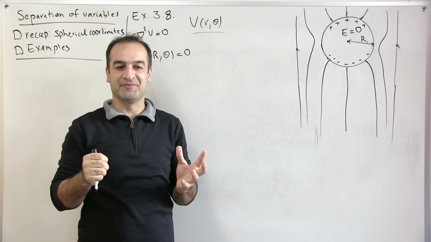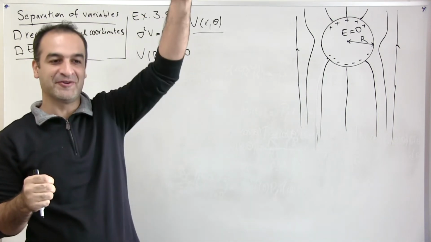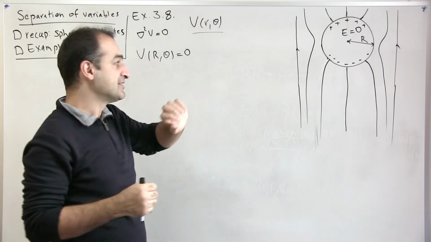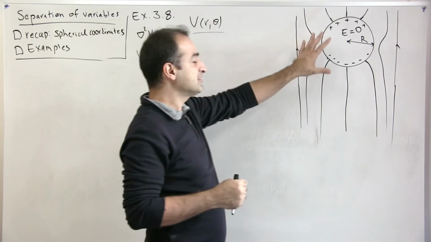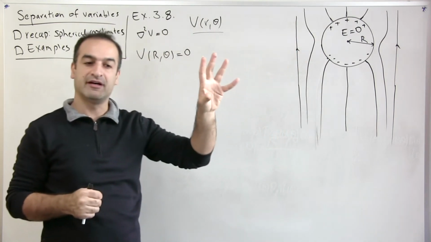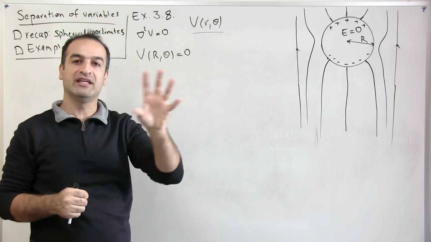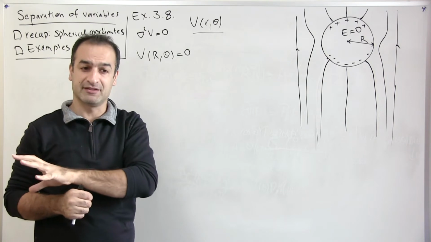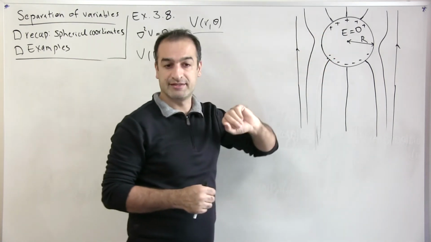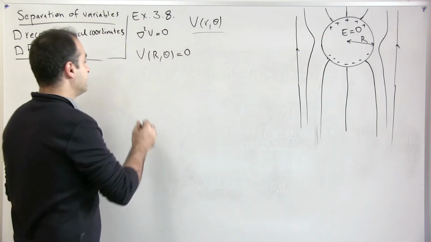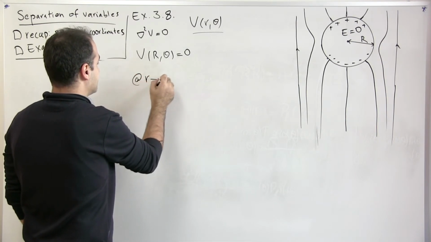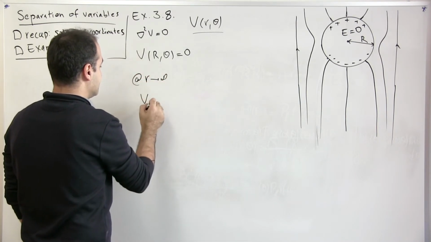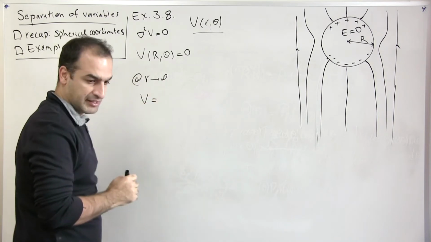It can't be 0 because we have a continuous uniform electric field, okay? So it doesn't become 0 per se, but the behavior of the potential becomes like the behavior of the potential when there is only a parallel uniform electric field, no conducting surface, okay? So at infinity, as r goes to infinity, potential V should have the form of